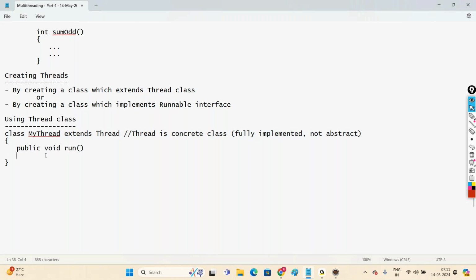As a programmer, we have to override the run method, and in this run method, we have to go with the logic of your thread. You can even call other methods also. Then, now how to invoke this run method? That is the main thing of threads. How to invoke run method is we have to create object of your thread class, myThread t equal to new myThread,